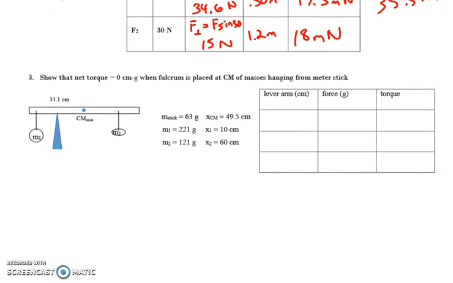The next problem is basically the problem we did with center of mass. Remember, we had the ruler with the masses hanging on it, and we found out that the center of mass was 31. So if we put a pivot point right there, a fulcrum, what we want to prove is that the torques due to the center of mass and this one are balanced by the torque from that one. So when we come into